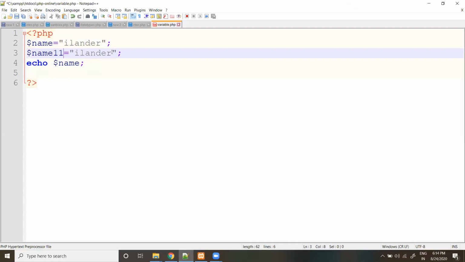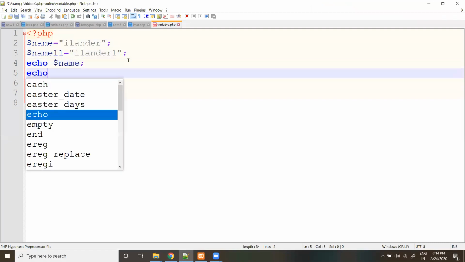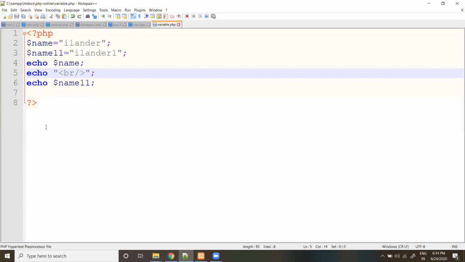I have another variable like this. We can declare multiple variables. See here, just put an echo br. Islander one. Okay, this is the type of declaration of variables.